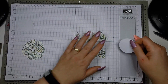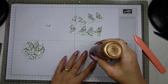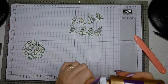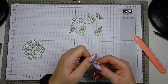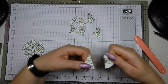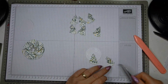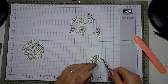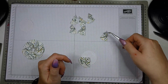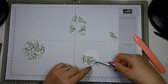And now what you need to do is just push your pieces. You take your glue and basically just add a bit of this sticky stuff. Do not fill the center, just make sure you have some glue. And now you are going to take one of each so that you can join them together like so, and you just pop them on your circle roughly, more or less. I need tweezers to not be in the way with my hands all the time. So you are aligning this, you just press it down, and again you are going to form like a flower. So you are aligning this corner,